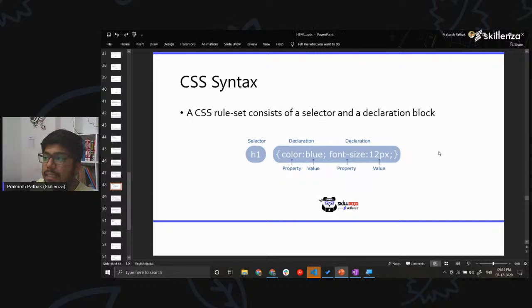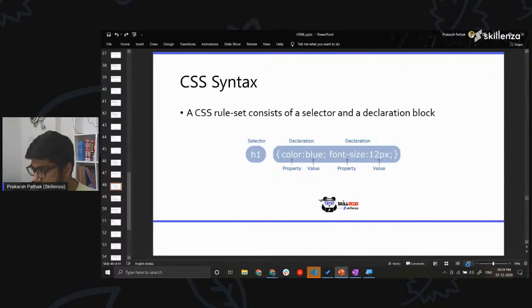So what is a selector? Selector is something which selects. Okay, H1, you are selected and you would be painted. So for example, if I have to paint that wall, I need to select that wall first, right? I have selected this specific wall, and then I am going to paint that wall. Then after that, the property and the value. What property? If I need to change the color of the wall, I would say that this is a declaration where I am changing the